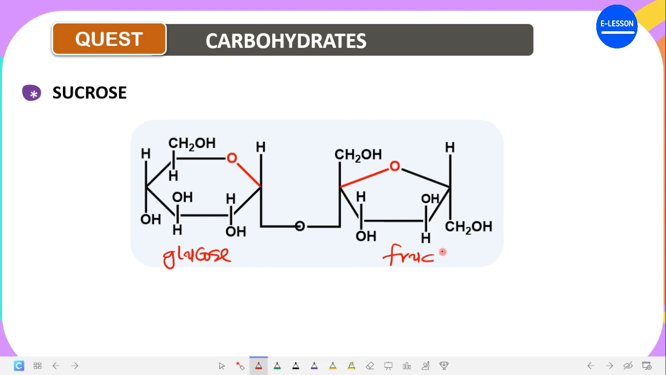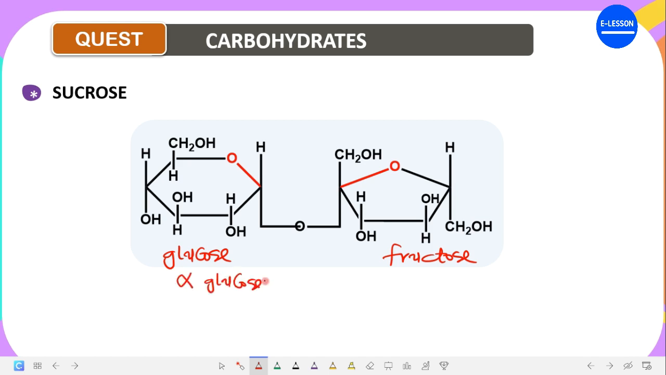Glucose and what? Fructose. Linked together by what? What kind of bond actually links both of them together? Now, first of all, let us identify the type of structure this is. Is it alpha or is it beta? Now, the linkage here is between alpha glucose